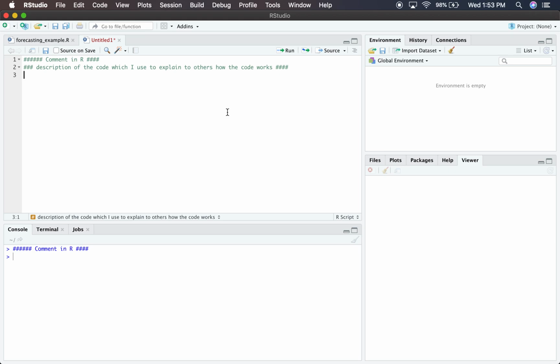Note that when I run the comment in the console, R just prints the comment. It doesn't do anything else. So let's say I want to make a vector in R. C is a function that I can use to make a vector. But let's say I just want to make a vector with 5 numbers in it